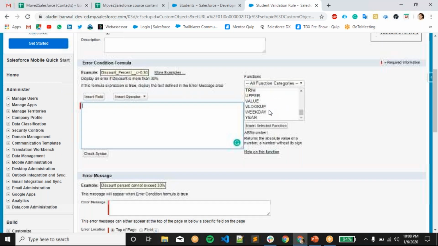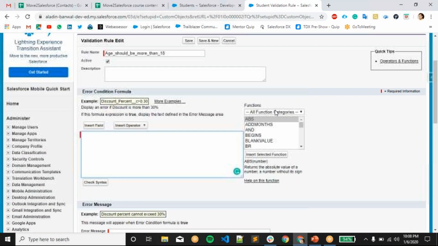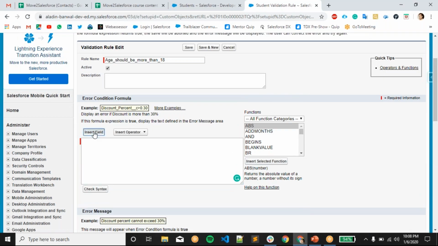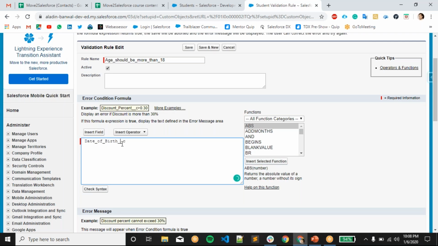These functions are the same as we have seen in the formula field. By clicking on this, we can get the field from that object. So in student, we can find the date of birth and insert. Now we can perform the formula on this field.